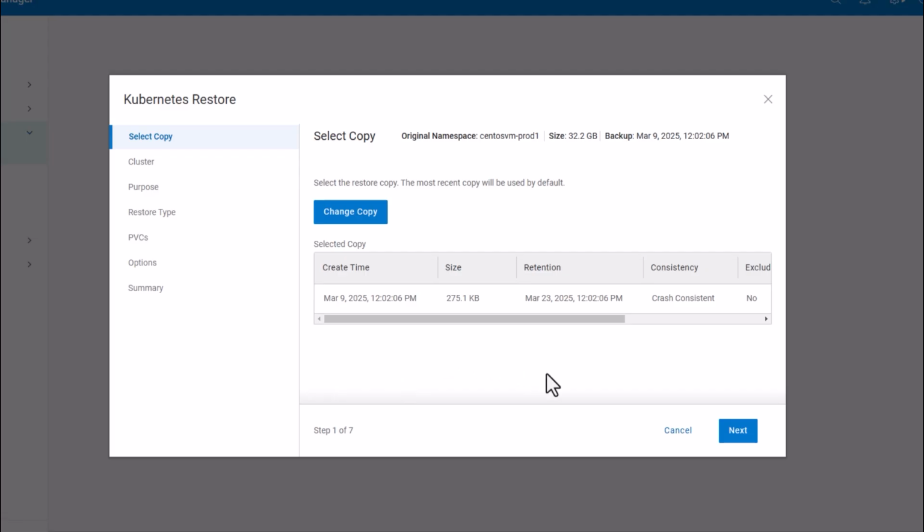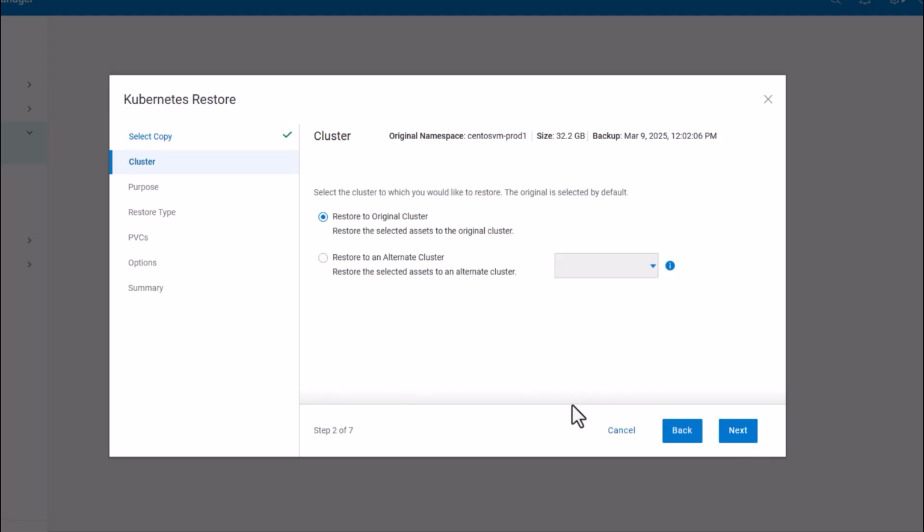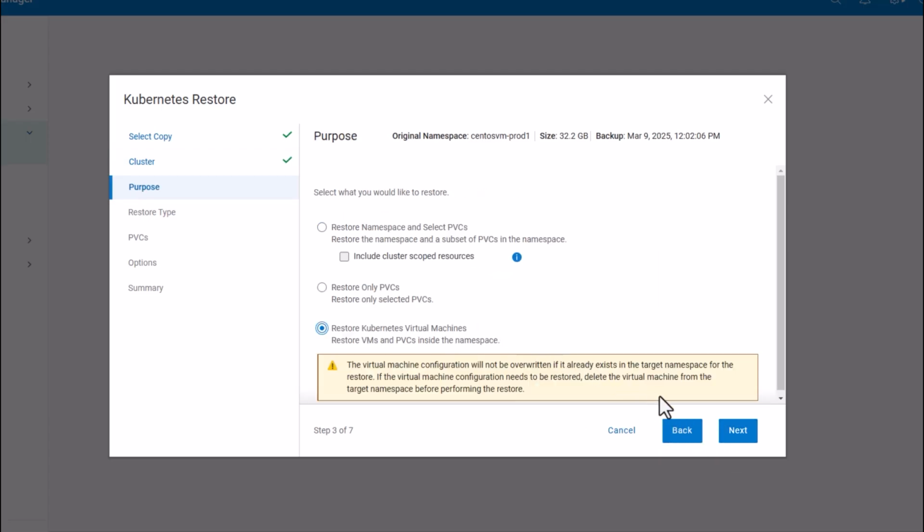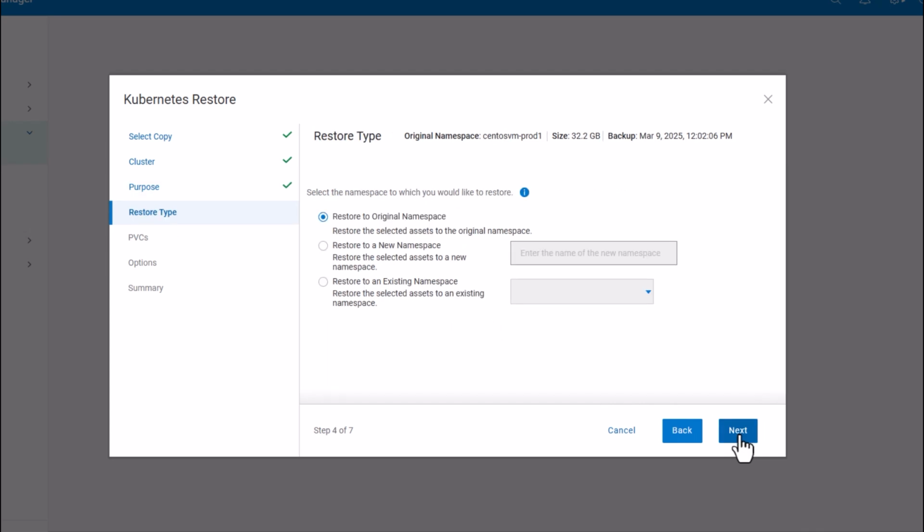The full list of copies can be seen by clicking Change Copy. Data Manager allows you to restore to the original or an alternate cluster. In this case, we want the application to be tested on the original cluster. Data Manager features the ability to restore on a per VM basis, so we'll choose the option of restoring Kubernetes virtual machines. Data Manager also features the ability to restore back to the original namespace or a different namespace, existing